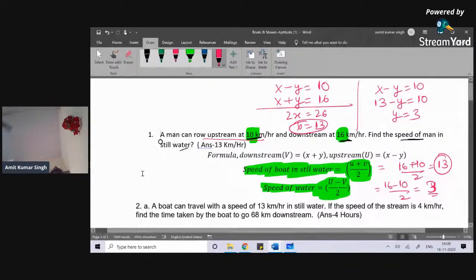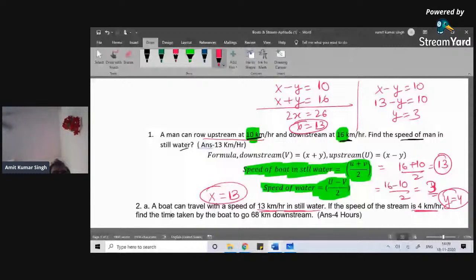Okay. So now if you see this question: a boat can travel with the speed of 13 kilometer per hour in still water and downstream at 16 kilometer per hour. Find the speed of the stream. The speed of stream is 4, meaning the value of y is 4. Next, find the time taken by the boat to go 68 kilometer downstream. Very easy problem. Okay, so now if you see this question,